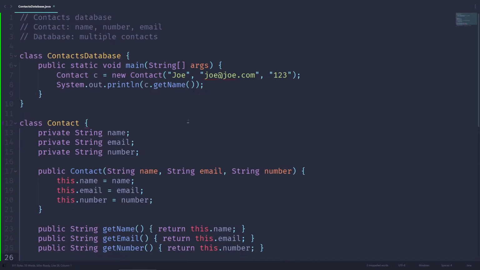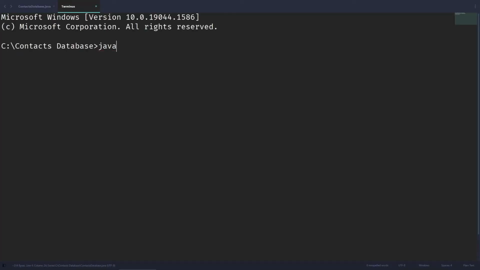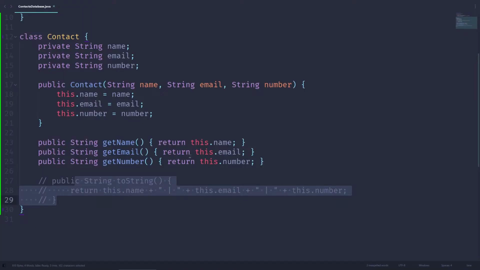Here, instead of writing c.getName, let's just write c. Normally, if we just put c inside a print statement, let's see what happens. If I comment this out, we get Contact at this hash code. This says this is an instance of the contact class at this memory location, or maybe it's the hash code, an identification value for an instance. However, if we have the toString method like this,